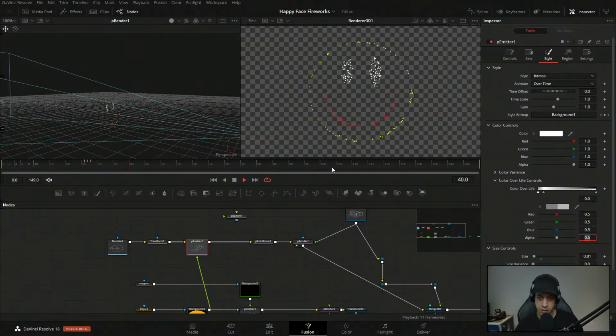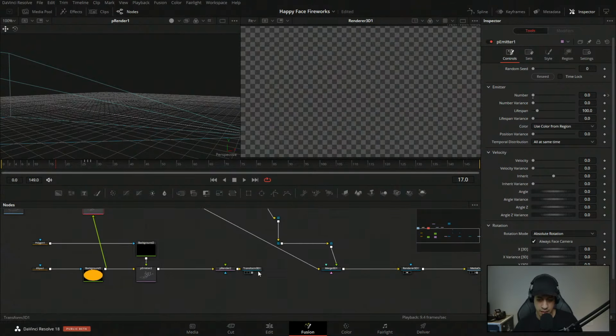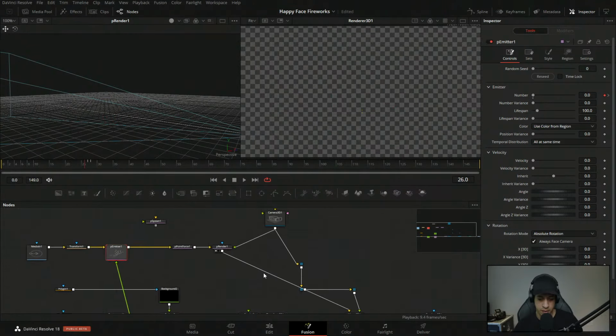Okay. So this is looking all right. Now, obviously, we're just going to add in a lot more particles, right? But that's when it destroys your system. Oh, jeez. Okay. All right. So we kind of have everything here. So now if we add this in, and it goes up. All right. So then from here,